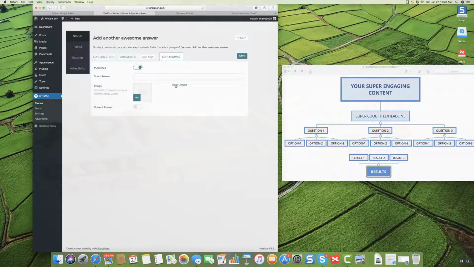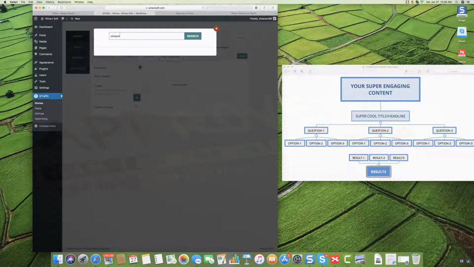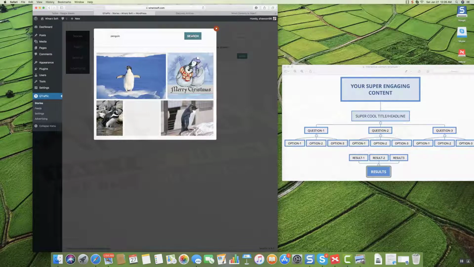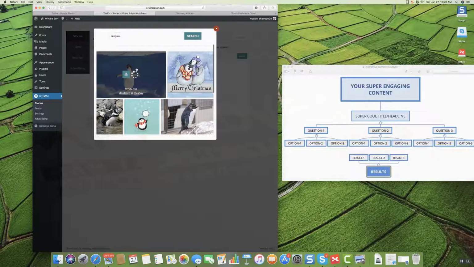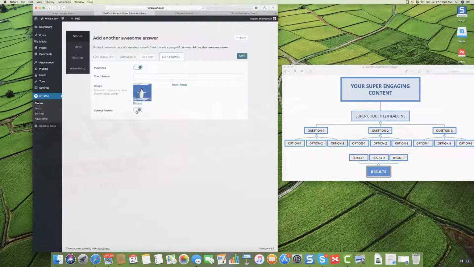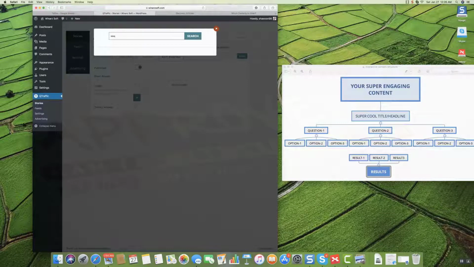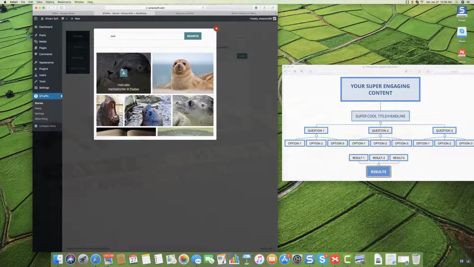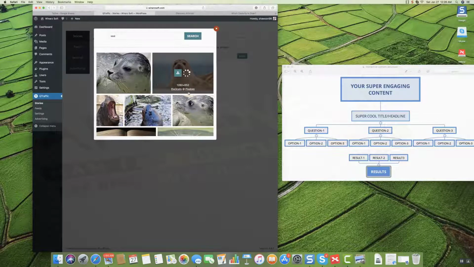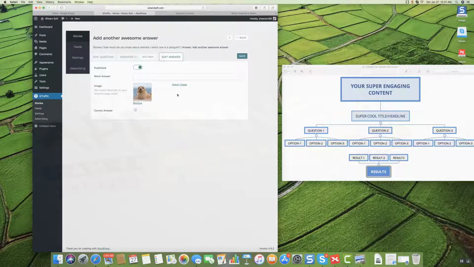So all we want is to import a penguin. So this is a penguin, and of course this is the correct answer. Just save it, and then you want to add another answer, which might be a seal. Sorry. That's awesome. This is of course not the correct answer, so just save it. That's it. Awesome. So we go back